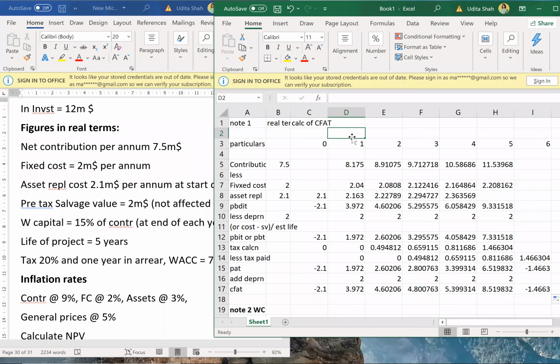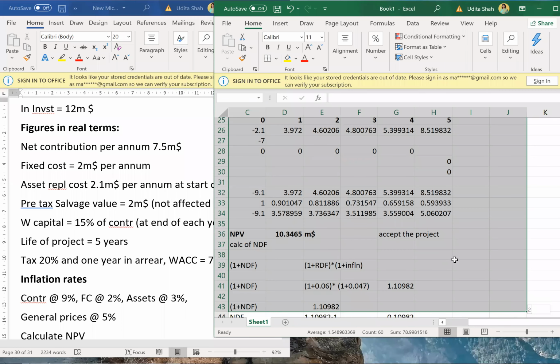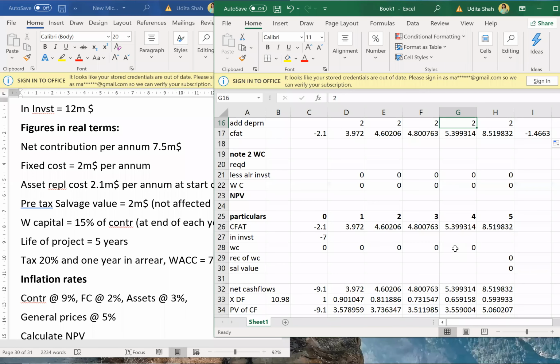So if you understood this part, okay. So the remaining part, NPV part, you guys will do it for homework then? Yes or no? Or you want to do it in the class? Put it in your group chat. If you can do the remaining part for homework, put a yes in your group chat. If you want me to solve it, I'll solve it over here. Try this as a homework then, because working capital is same, NDF concept is same. Okay, good. So you will try it as a homework.